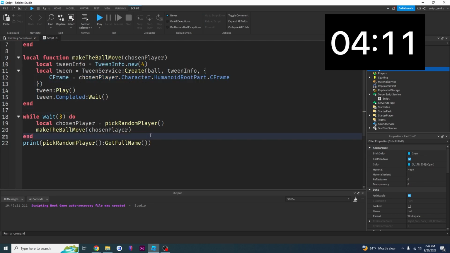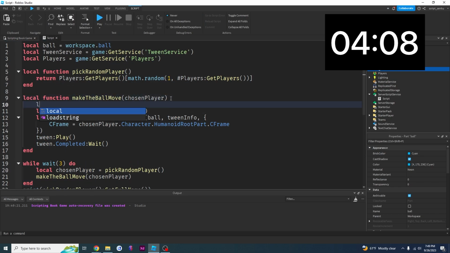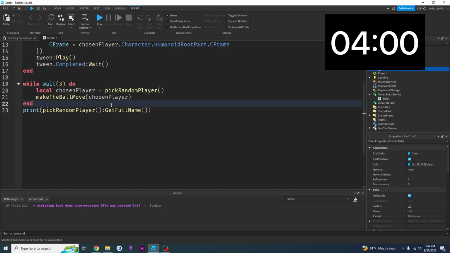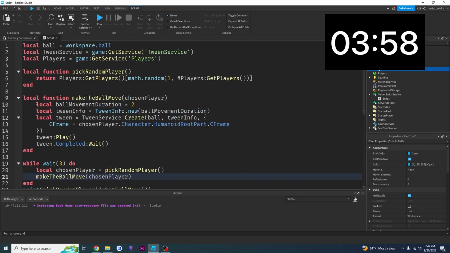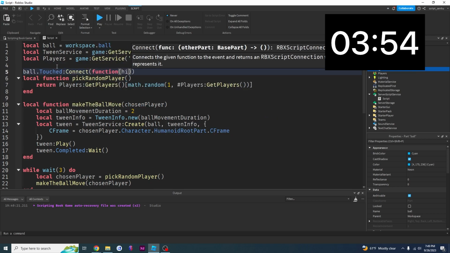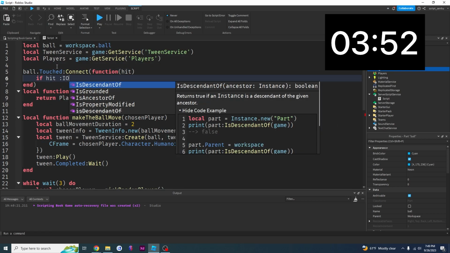Now what we're going to do is we're actually going to change the duration of this. So we're going to say local ball movement duration is going to be equal to, let's call it 2. So this is going to make the ball move a little bit faster. And what we want to do now is we want to bind the ball to a touched event, the ball.touch connect function hit, and then we're going to make sure that hit